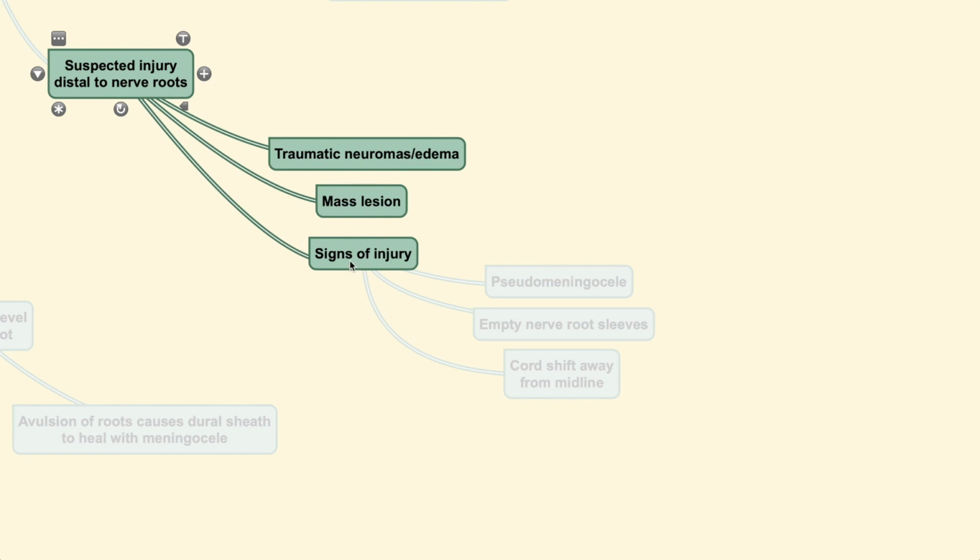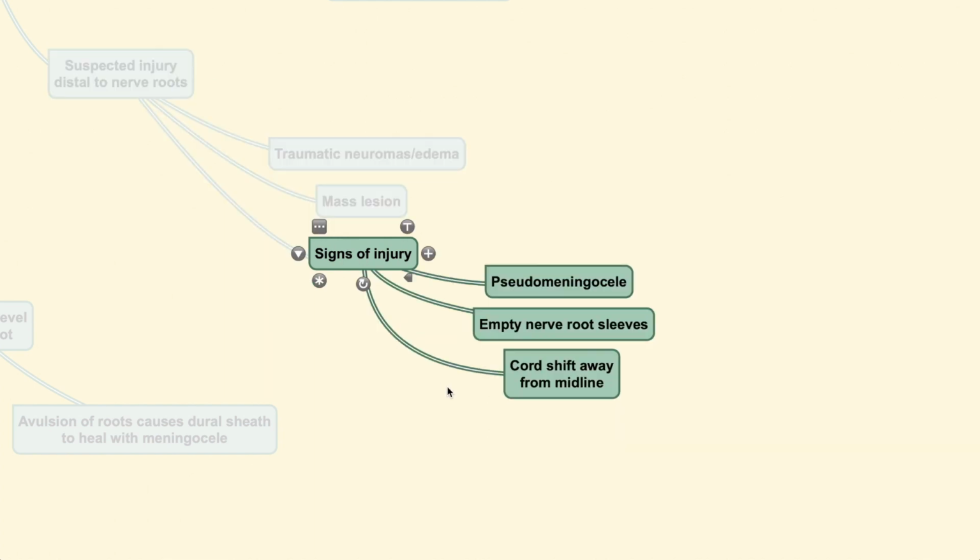Other things would be any signs of injury towards nerve root, because it would usually heal with a pseudomeningocele. There could also be empty nerve root sleeves,